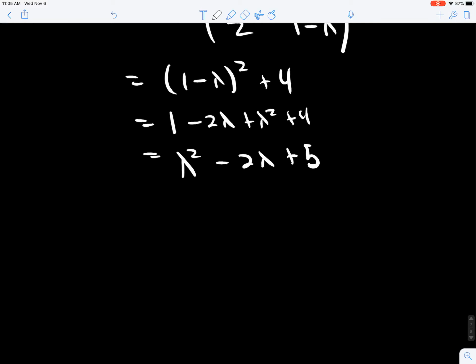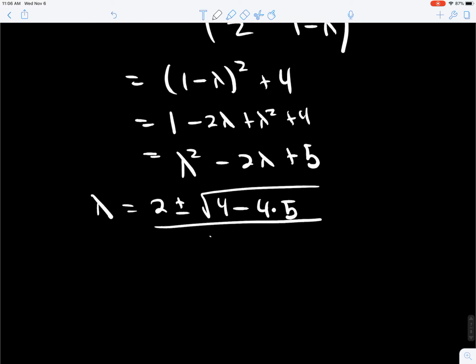So we want to factor this out. You're going to have to use the quadratic formula. So lambda is going to be -b plus or minus the square root of b squared minus 4 times AC, so we are multiplying by 5, divided by 2a. So we're going to get a 1 plus or minus